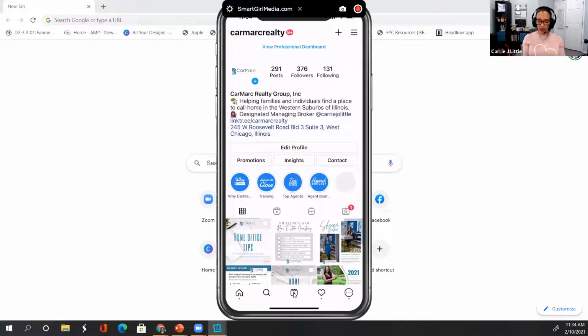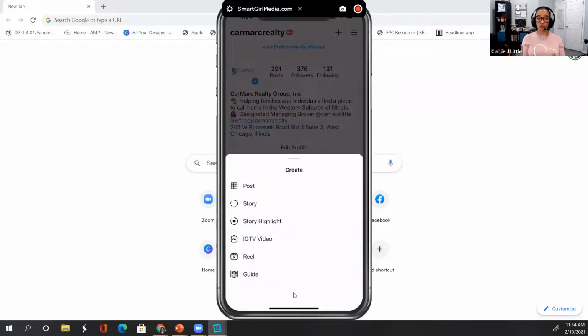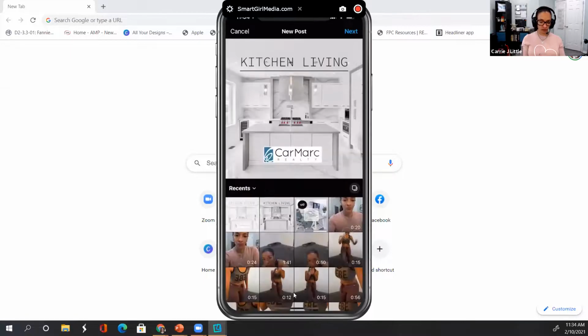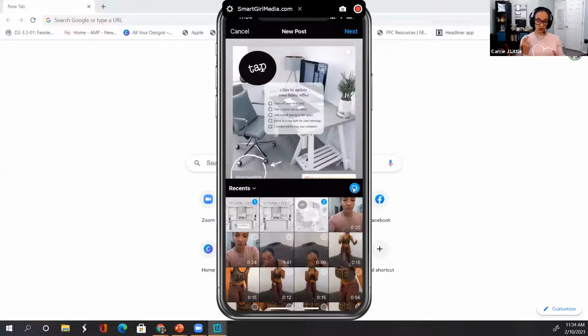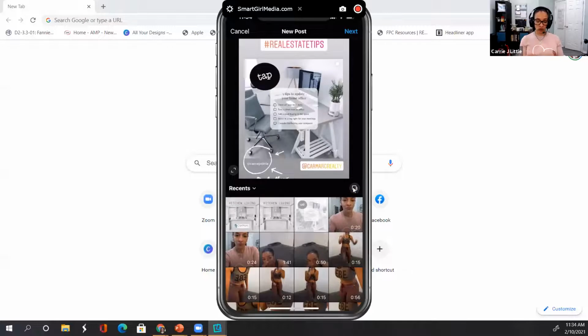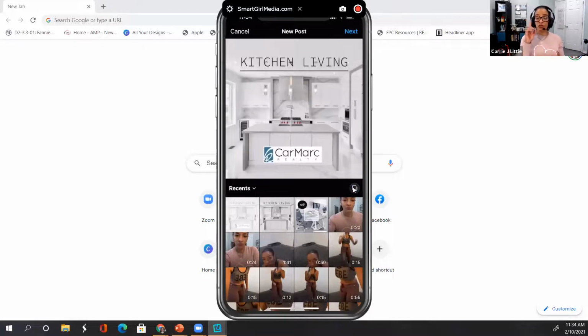So once I click the plus sign, I'll choose post. There we go. There's my post. If you choose the double squares, this is where you can add more than one image. So totally up to you. We're not going to add more than one. We'll just add one. And when you add more than one, you can actually create a slideshow.